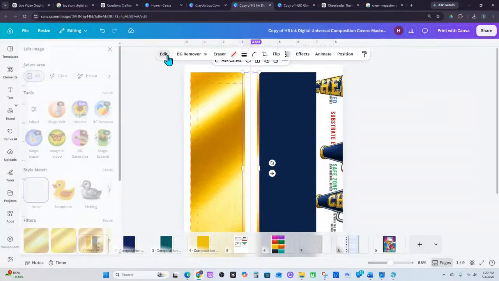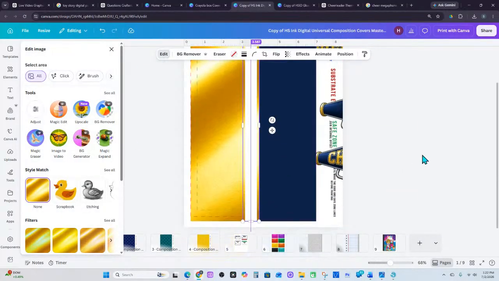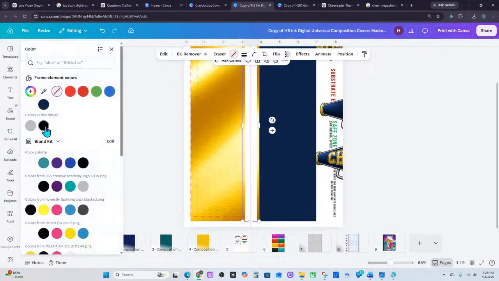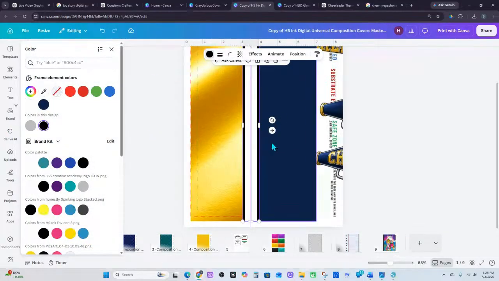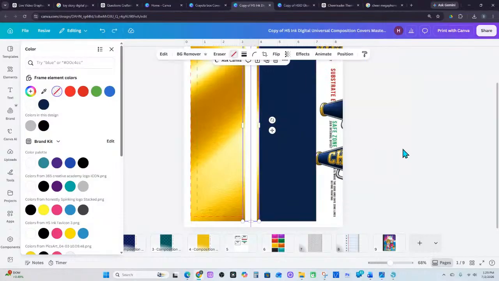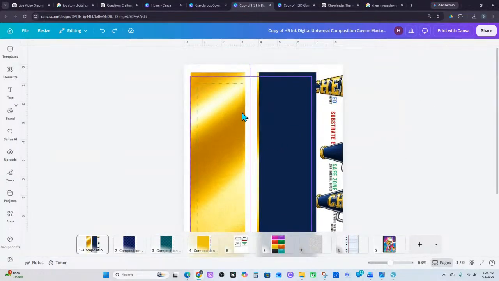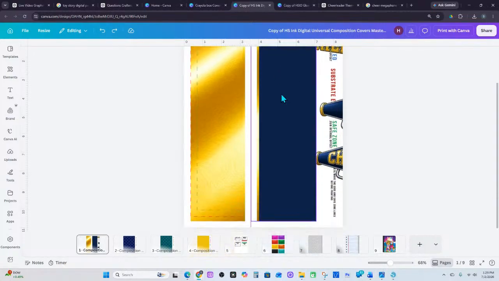And then on this one, if you really want to see the difference in color, you would have to change it because it's going to seem like it's blending in. But it is technically a stripe. You can add a shadow to it or whatever. All right. So once we have that all set up,